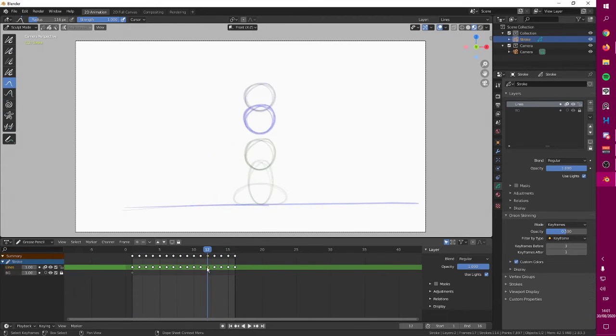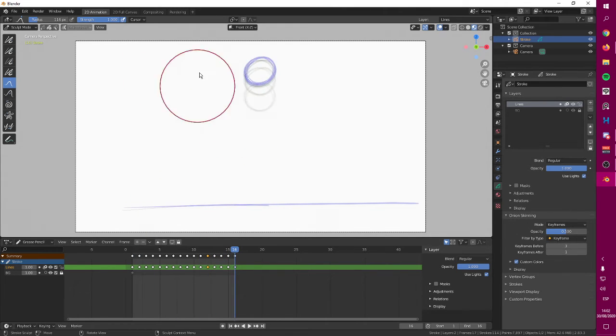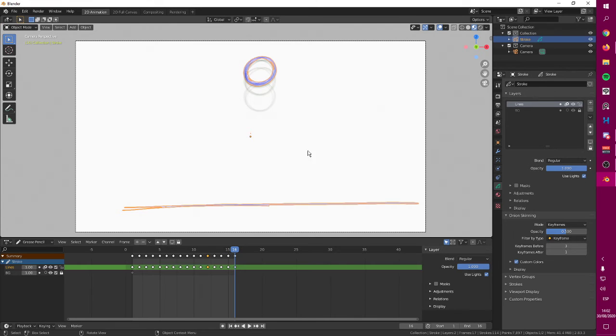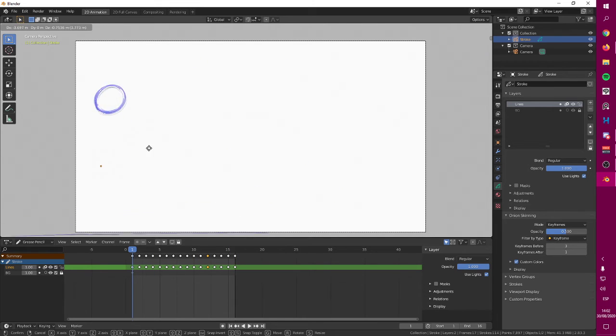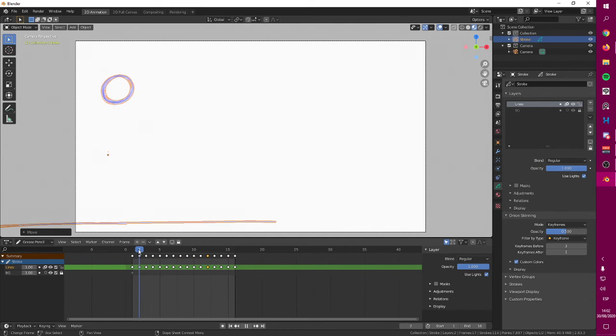You can grab frames by holding the click button, or by selecting them and then pressing G to move them around. Let's say you want to move this entire thing around. Go into object mode, and this is an object. Your entire animation is an object like this.